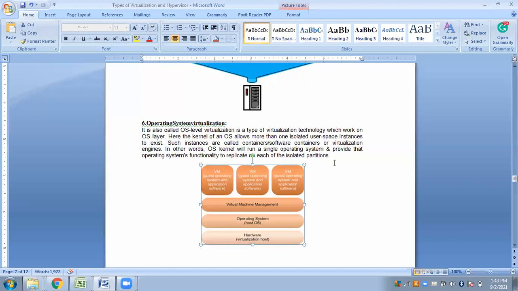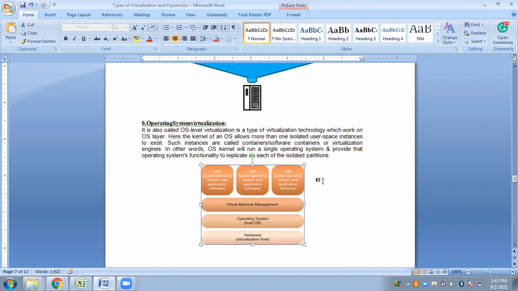That means what? If I want to deploy another virtual machine, I'll need to scale up my storage capacity. मुझे और स्टोरेज चाहिए होगा मेरे अंडरलाइंग हार्डवेयर पे, ताकि मैं instances create कर सकूँ, I can partition. ठीक है, मैं उस स्टोरेज को ब्रेक करूँ और दूसरे वर्चुअल मशीन्स में फीड अप करूँ. ठीक है, so how many virtual machines can reside on your hardware? It depends on the capacity of the resources that you have on your hardware.